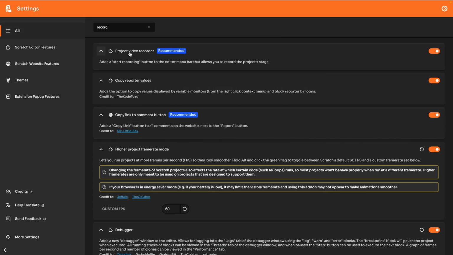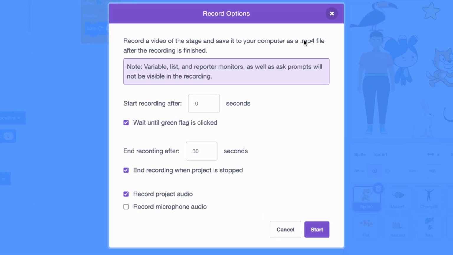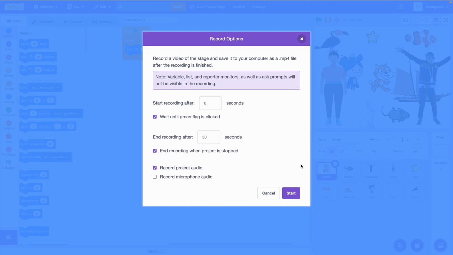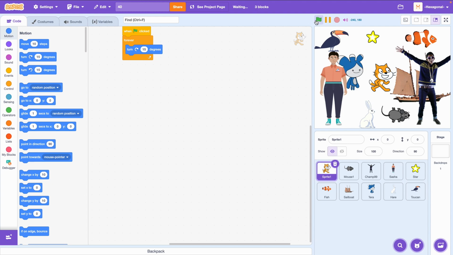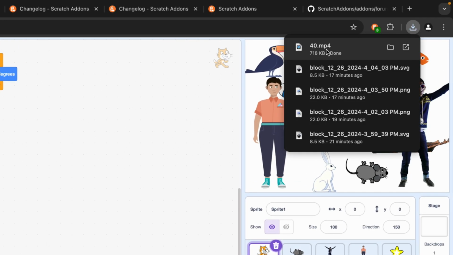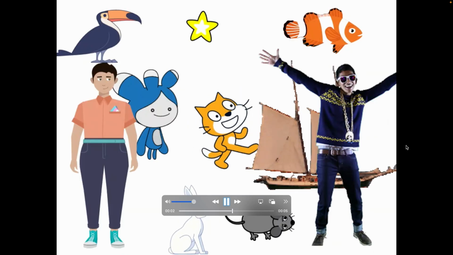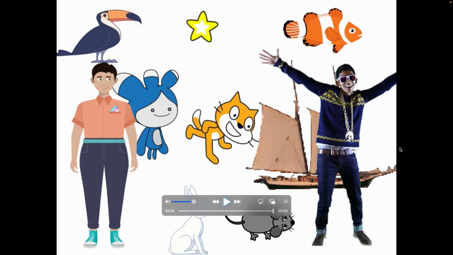The Project Video Recorder add-on recently received a new feature that a lot of you guys will enjoy. So now if you record your project, instead of saving it as a WebM file, I think it was, it'll now save it as an MP4 file. Finally! Oh my god. Yeah, MP4 files are a lot better than WebM files. A lot of people were complaining about that. But now, if I was to record it now, you can see it saves as an MP4 file. And MP4 files are more supported by apps such as Discord. So this should cause less headaches for you.